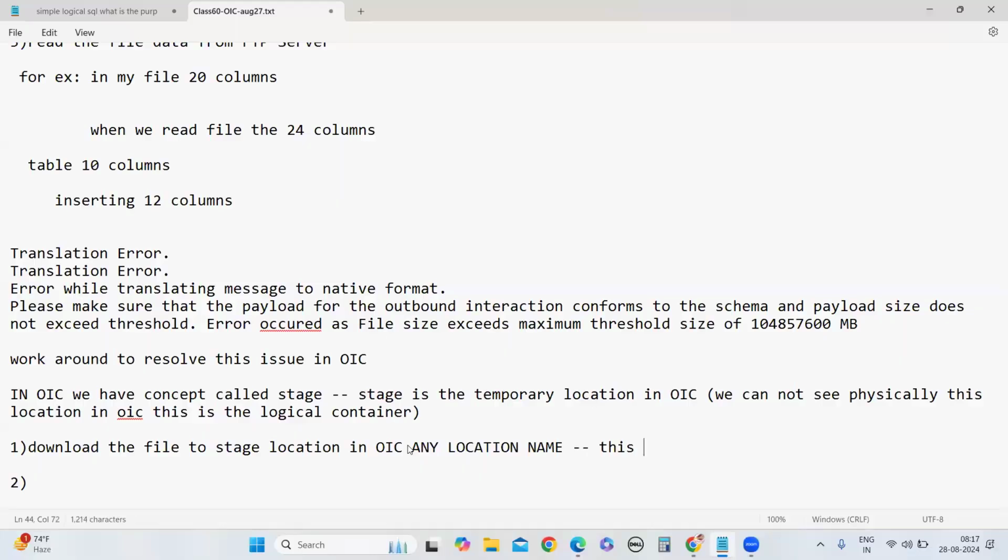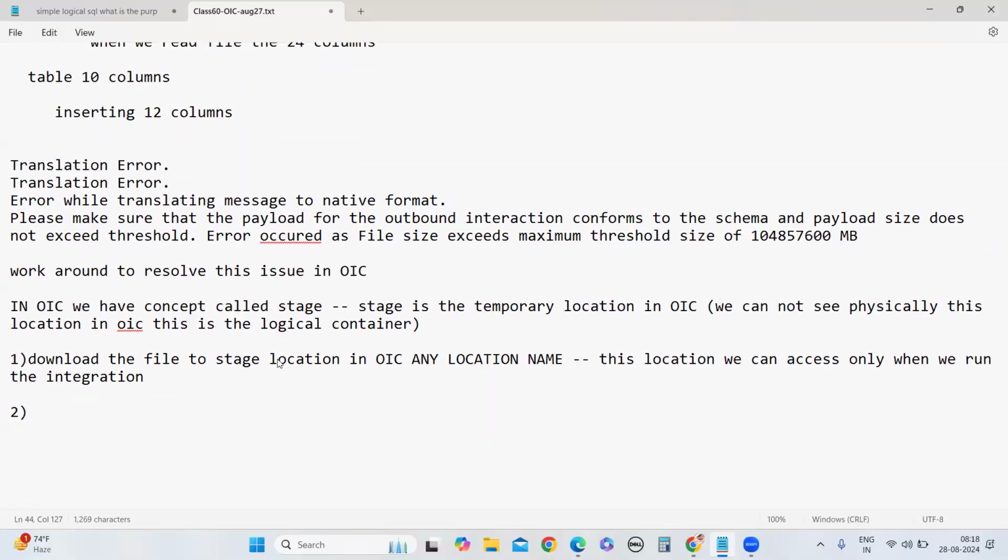This location we can access only when we run the integration.